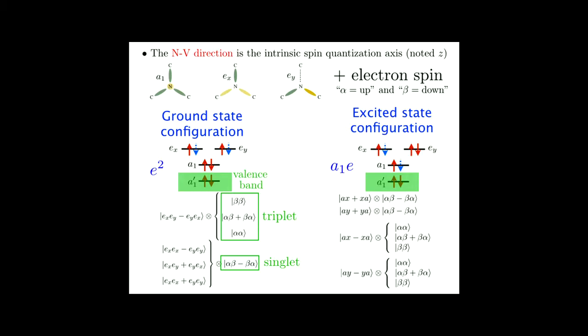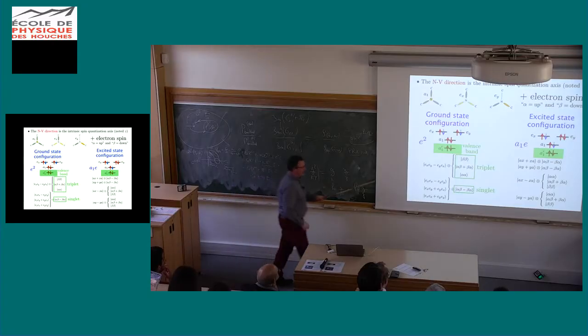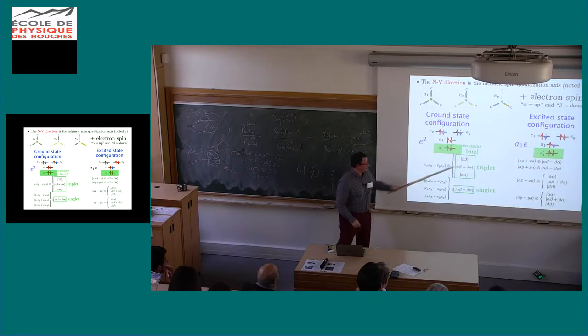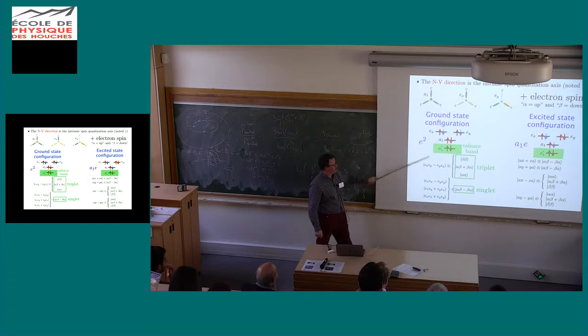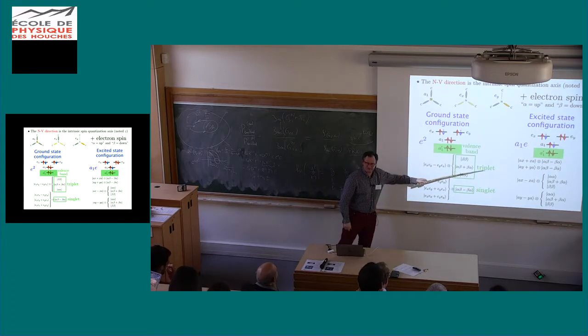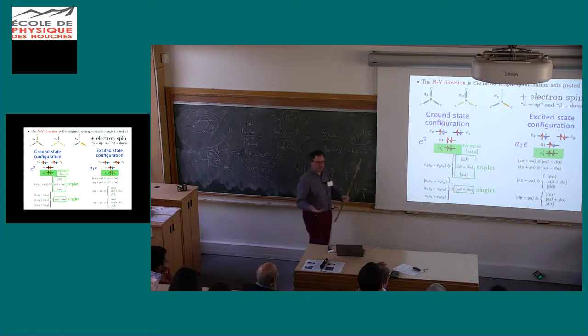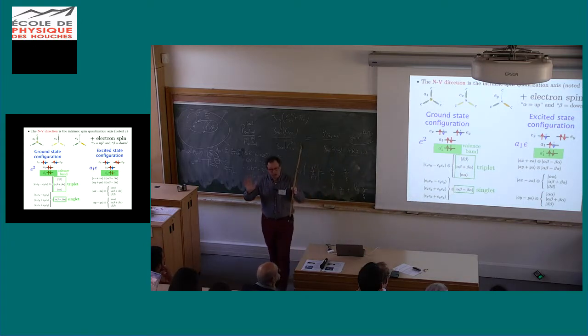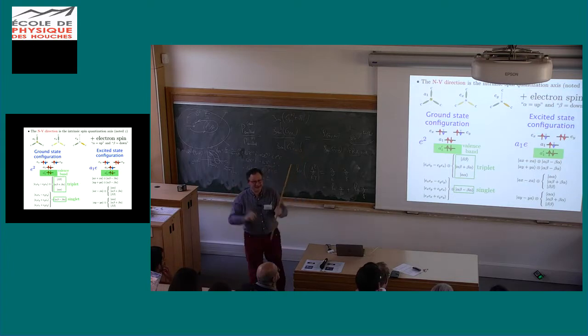Okay, so when I do that, again, I will find out what is associated to this combination of my orbitals, the triplet state, and the singlet state of this level. And now I have all the ingredients. I have identified the different combinations that I showed on my energy level scheme, on which, if you remember, I had on one side